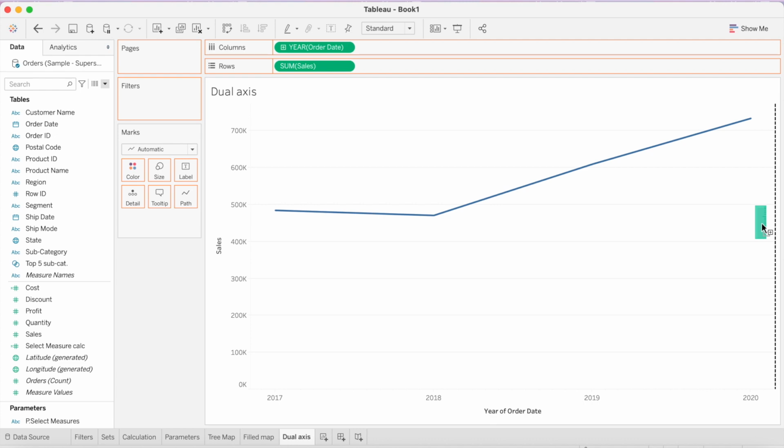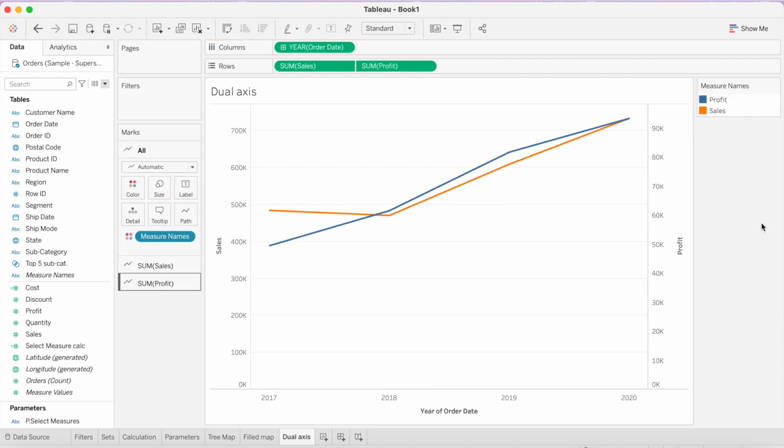Once I drop the field on the opposite axis, you can see that Tableau generates a dual axis chart. On one side we have sales and on the other side we have profit figures.